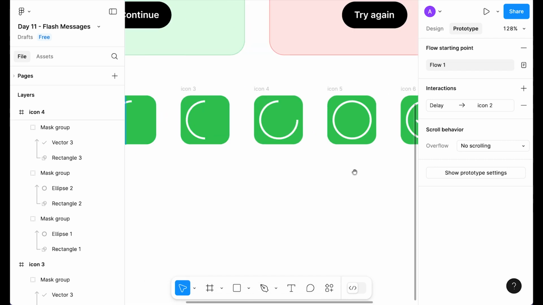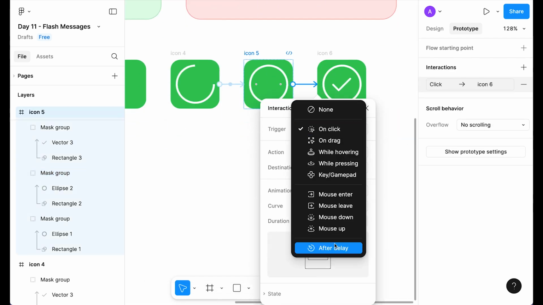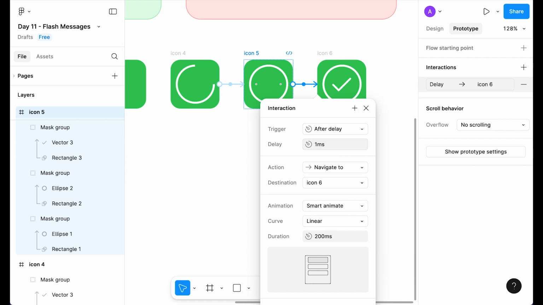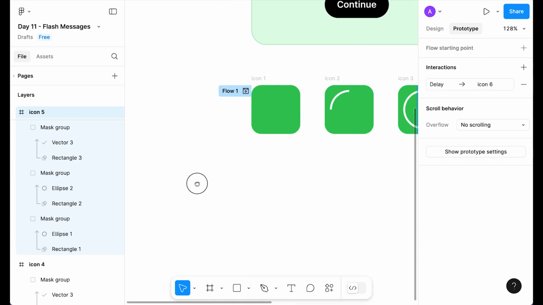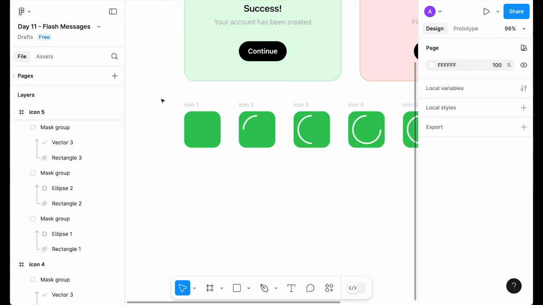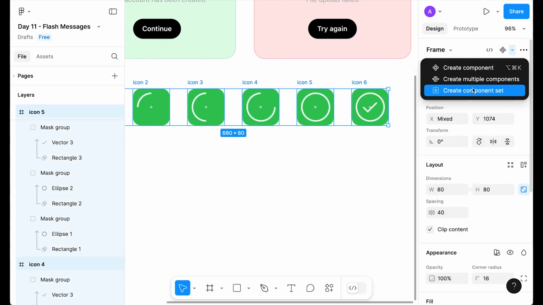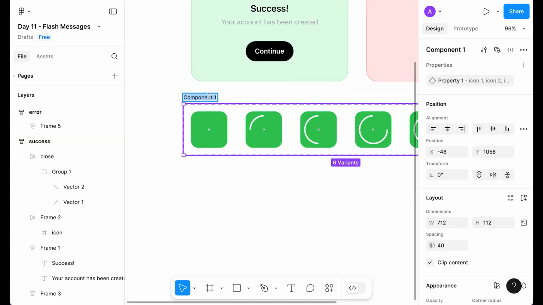Okay, so let's check this. Okay, so let's connect this to the last frame and make it after delay and 0, linear, 200, and let's quickly preview again. Wow, looking great. So let's simply select all these frames, okay, and click create component set, and let's rename this